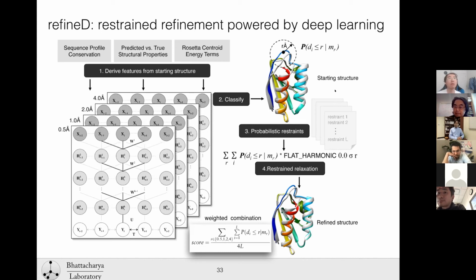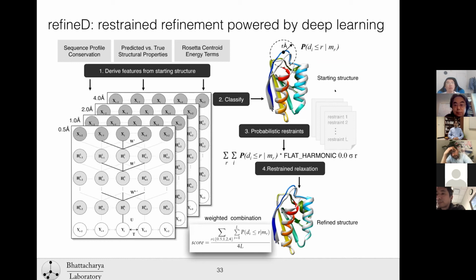I have a question about the refinement method. What is the most important information to do a good refinement? For example, the accuracy of the contact predictions, or the number of multiple sequence alignment sequences, or the quality of the initial structures. What are the most important factors? That's a really good question, Genki. We studied that. One thing is absolutely clear: the quality of the starting structure is absolutely critical. If the quality of the starting structure is not very good, more often than not, we actually damage the structure when we try to do refinement.